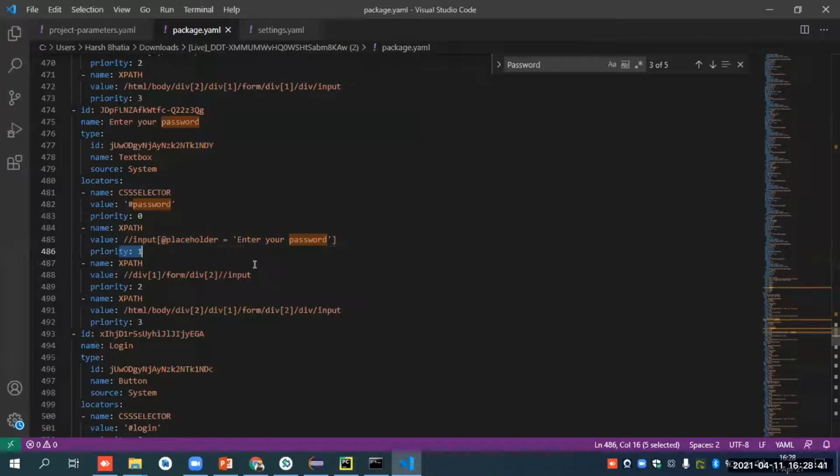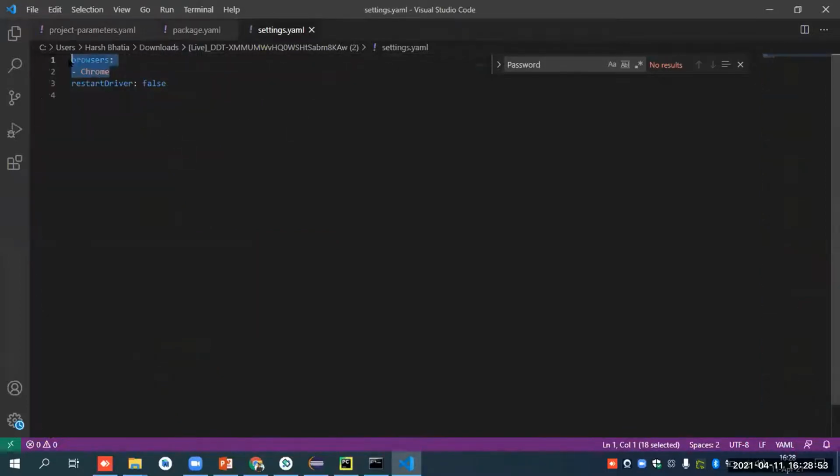You don't need to go to the test project again and record it again. You can just change it in this file, zip it, and you can do that. And in the settings, there will be the browser in which it will run. So right now it is running in the Firefox, sorry, right now it's running in the Chrome. I will change it to the Firefox. Okay, I will close the file.